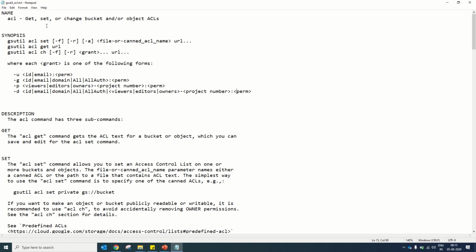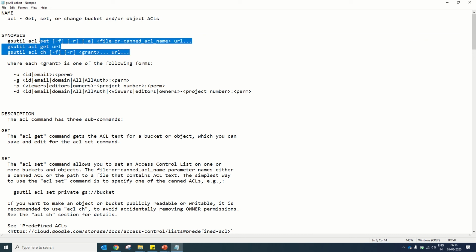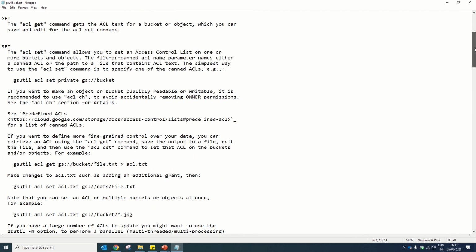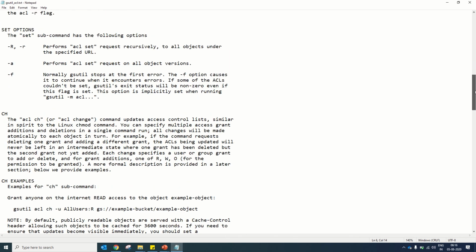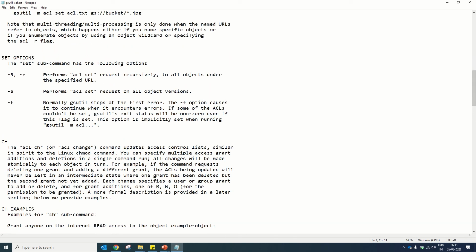So acl is to get, set and change bucket access. These are the parameters and the commands that we have just discussed: get, set and change. The description of get, set and change is available here, and the options. What options are available? -r performs the ACL set request recursively to all objects under the specific URL.